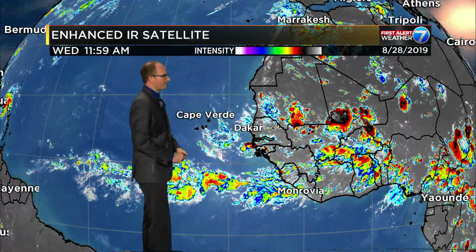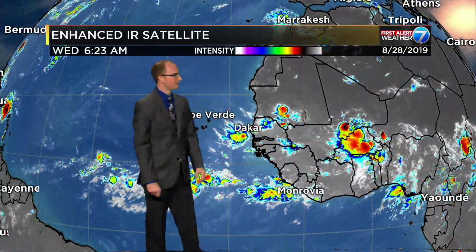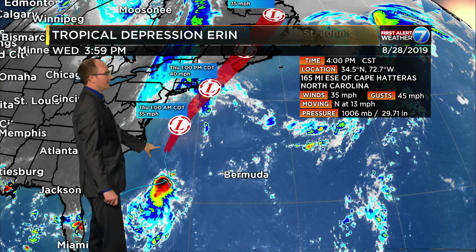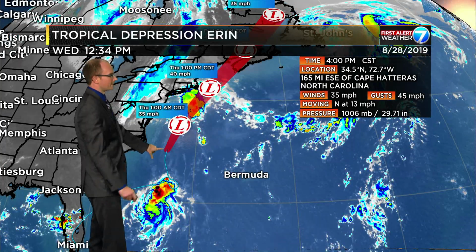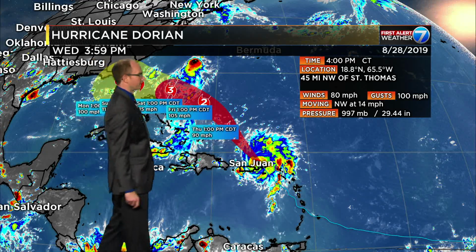Back in behind it, things in the tropics are reasonably quiet. Even as you look off the coast of Africa, we've got a couple of waves out here and then a kind of stout one coming off the coast here shortly. But outside of that, all eyes are on Dorian. First things first, tropical depression Erin. Yeah, that's where the center of it is, even though all the cloud cover and the showers and thunderstorms are well off to the south of it. It's getting sucked into a front and it'll be gone, but we're here to talk about Dorian,